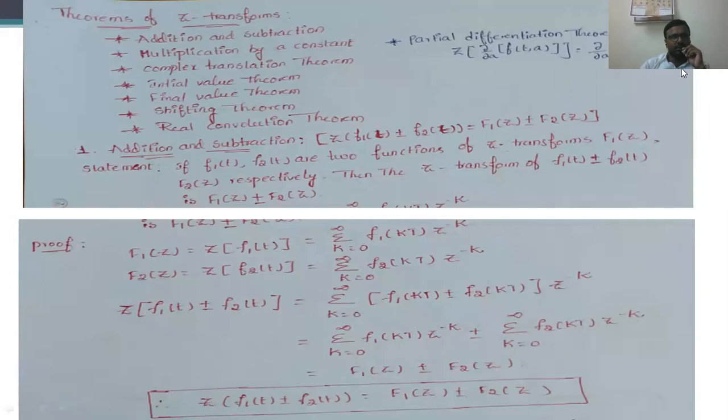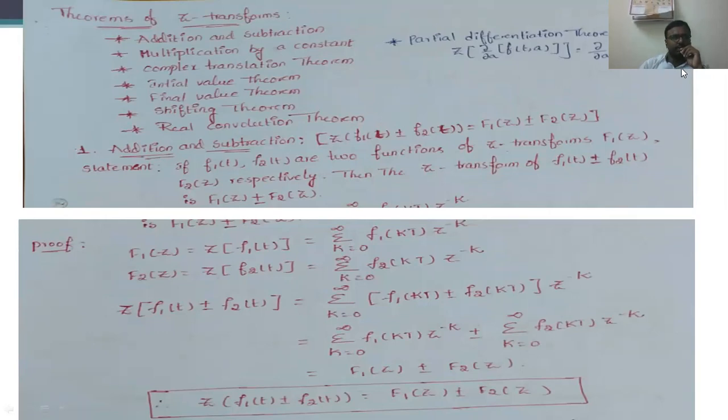Why? Because while observing the previous university question papers, I have come to note about the 2 marks questions. In the 2 marks questions, they just gave problems regarding the initial value theorem and final value theorem, and also asked us to discuss the statements of initial value theorem and final value theorem. So in all these theorems or properties, the initial value theorem and final value theorem are very important. So the first property is addition and subtraction property.